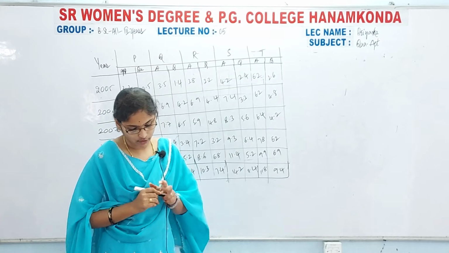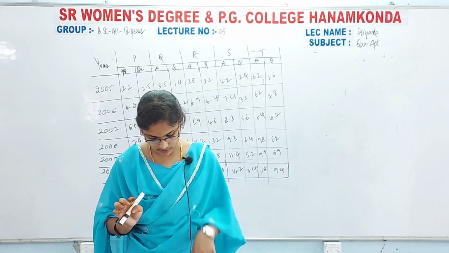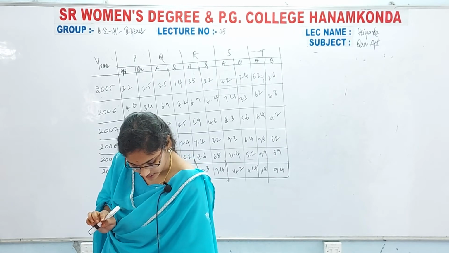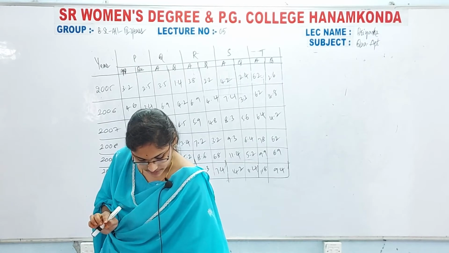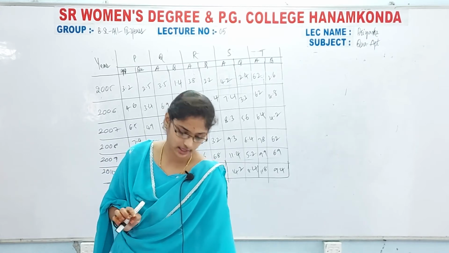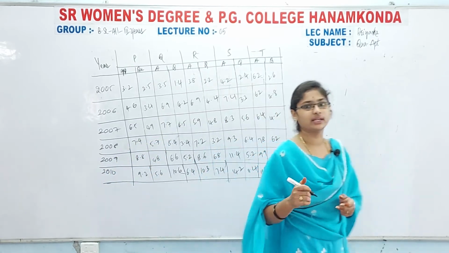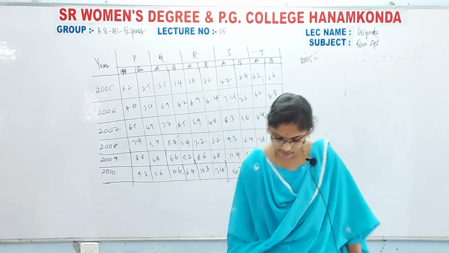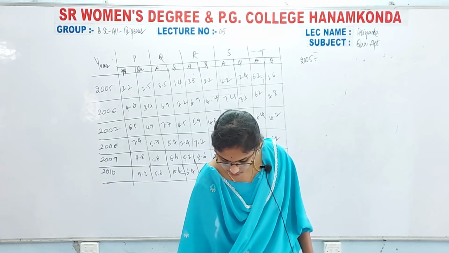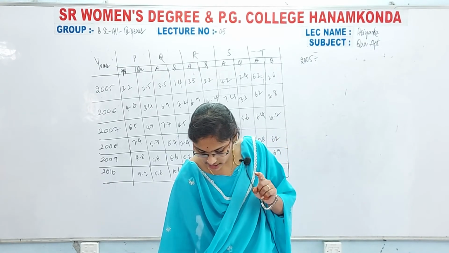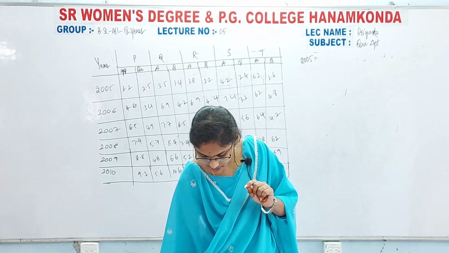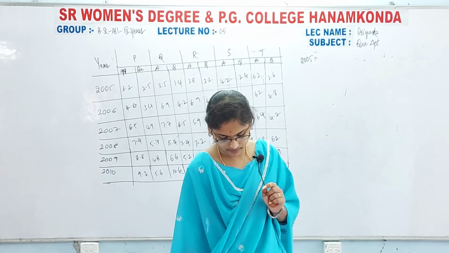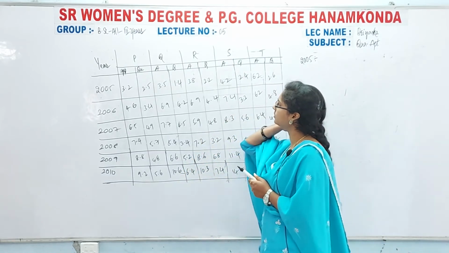Okay, so what they are asking is, in which years was in zones the difference between the appeared candidates and qualified candidates the second lowest. So for this we simply have to calculate for each year. Now here in 2005, and in which zone, in S zone, right? The question is in which year was in zones the difference between the appeared candidates and qualified candidates the second lowest. So now here I am taking that.